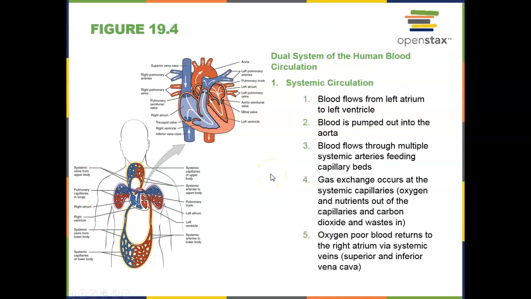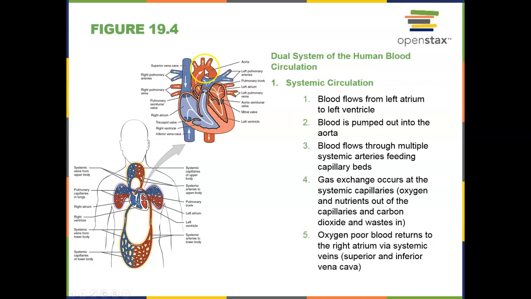So systemic circulation then starts when blood enters the left atrium. Here we have the pulmonary veins bringing oxygen-rich blood to the left atrium. The blood then moves from the left atrium through the bicuspid or mitral valve into the left ventricle. From here, blood is going to be forced out through the aortic semilunar valve into the aorta,